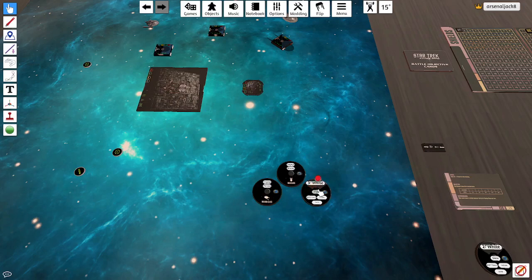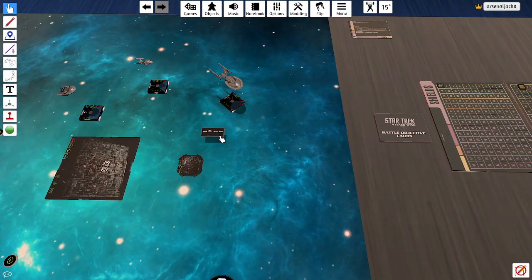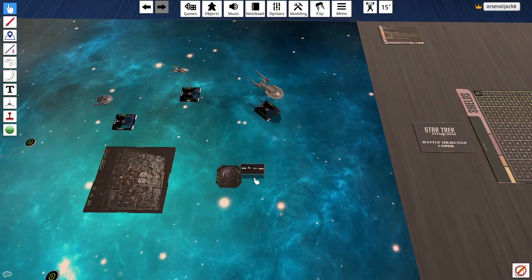I'm going to slow the maneuver down for the Enterprise E, because I think that's going to come in a bit quick. A little bit quick there. So I'm going to slow it down. But I am going to grab hold of the movement template a second. I'm going to drop it on there. And I'm just going to go...